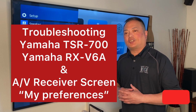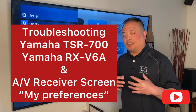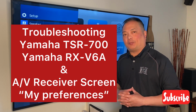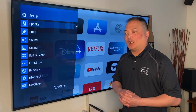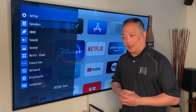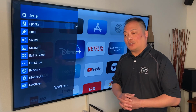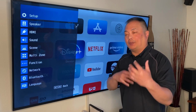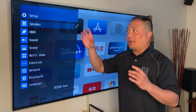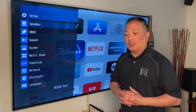For this session, I'm going to give you a quick peek into what I look at to make sure my settings are correct. Why do I say that? I recently had a blackout and I lost my settings, so I had to go ahead and do the whole YPAO and all that kind of thing. I physically heard I didn't have my front presence because I'm running Atmos, so I kind of knew something was